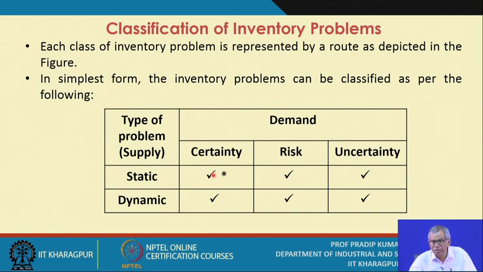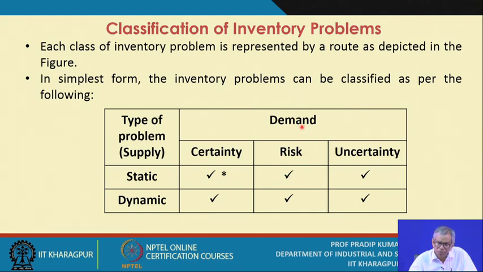If at all it is a problem, now this problem means the demand is not with certainty, and it is a static inventory problem. That means just one order you have to place. So the number of orders is known, as well as the order quantity, and when to place the order is also known. So if at all it is a problem, it is actually a scheduling problem, when you deal with multiple items. Now this is the problem we will be dealing with.